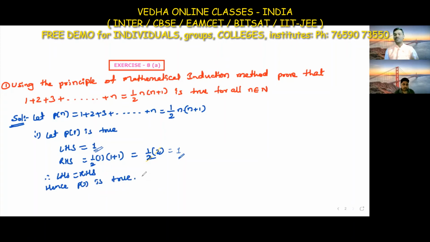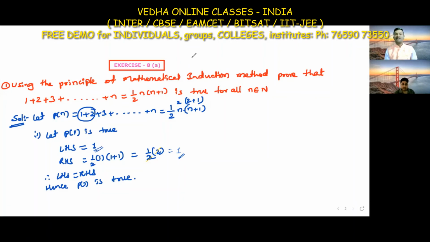If it is true, we have to prove that it is also true for n is equal to 2. Briefly, 1 plus 2 is equal to 3. N is equal to 2 means we get 3 on the left side, and on the right side we substitute 2 into 2 plus 1. This 2 and 2 get cancelled. 2 plus 1 is 3. In RHS also we are getting 3. So LHS and RHS are equal. Like that we take 3, we take 4, we take 5.